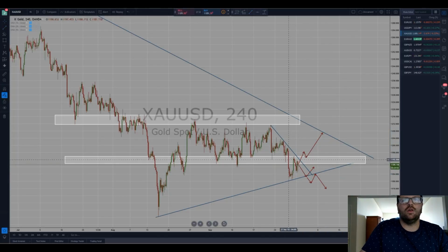So if we're looking for buying opportunities, then we'd be looking for a break of this trend line and a break of this zone, a retest of the zone, then looking for a retest of this trend line out here, which would more than likely line up with a retest of this top zone as well. If we're looking for selling opportunities, then we'd be looking for a break and a retest of this before continuing